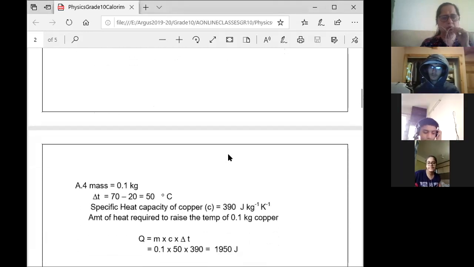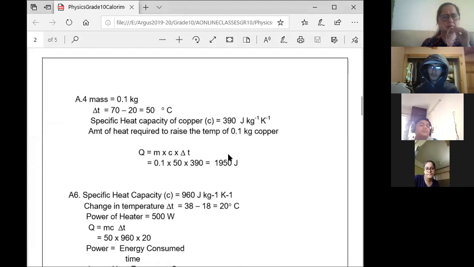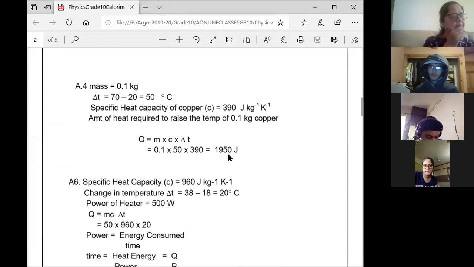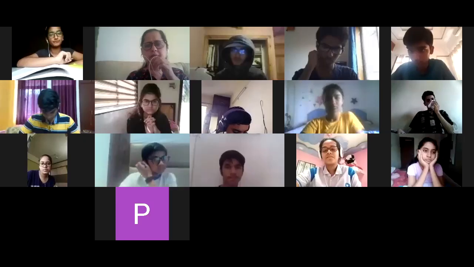Now come to the 4th question. Calculate the amount of heat energy required to raise the temperature of 100 gram of copper. So the first thing I wrote is mass equal to 0.1 kg. See children, how I am converting. If you fail to convert, then